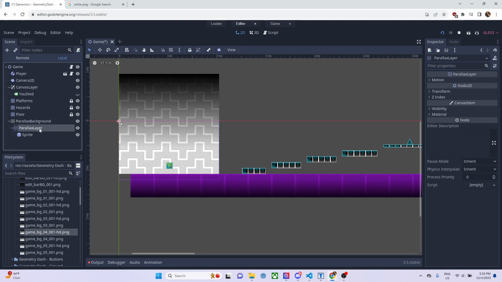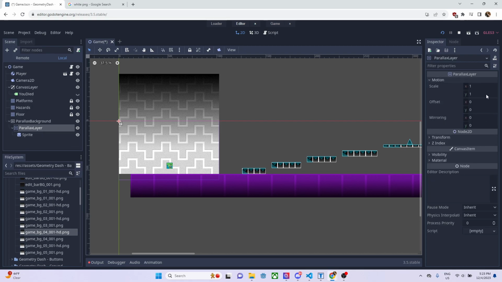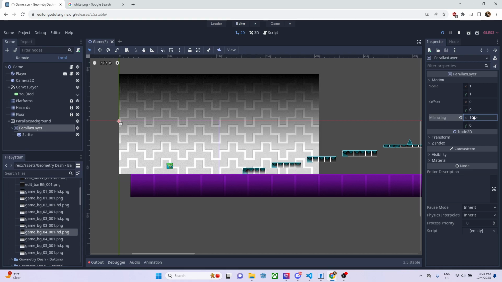And now going to the parallax layer, once this is all aligned, open up motion. Now here there's a bunch of settings you can adjust. First, change mirror to 1024. So basically this is 1024 by 1024 pixels. So mirroring just makes sure that every 1024 pixels it puts a new image like this, so it goes on forever. Now in scale, you can change it to 0.1, which means it'll move at 10% the speed of the player or the camera. So if you play this and see,